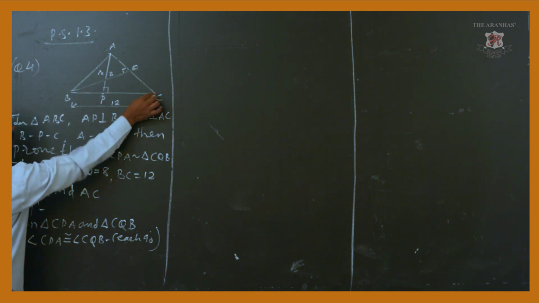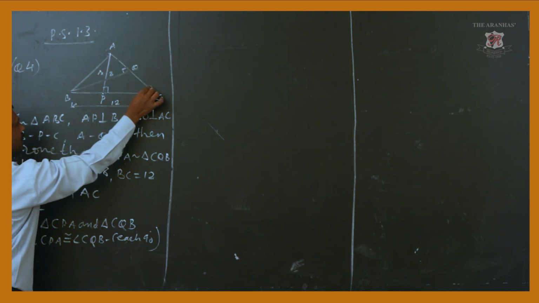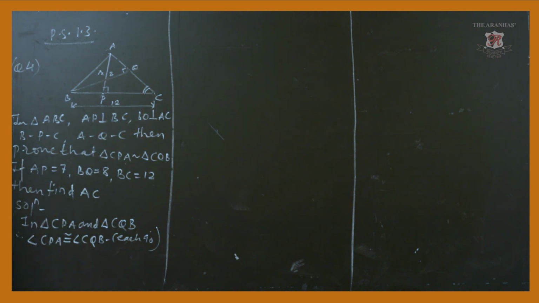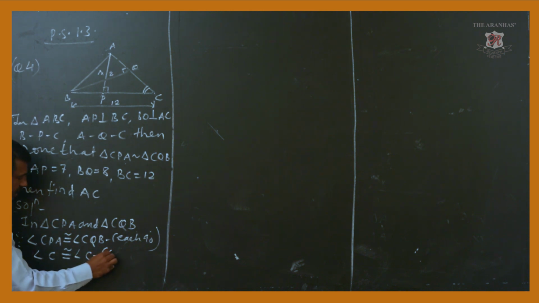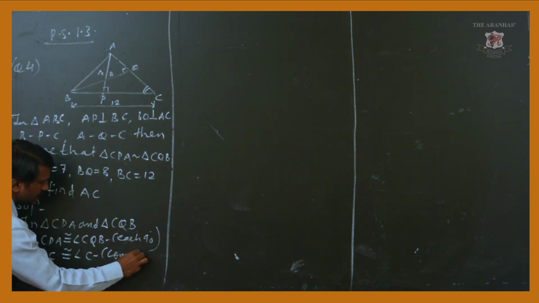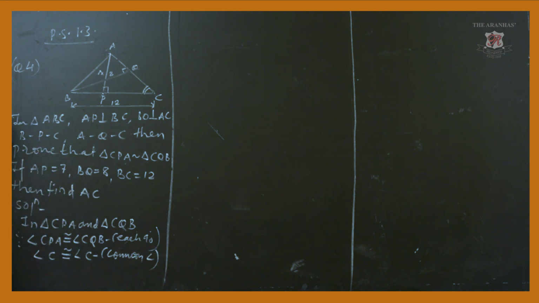The triangle names are CPA and CQB. So immediately we will realize angle C, which we can show here, angle C is congruent to angle C. The reason here we will write, because it is what? It is a common angle. Look at here,